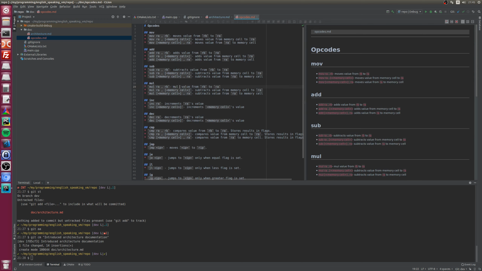Okay, let's not bother about this now. Multiplies value of RA by value of RB.